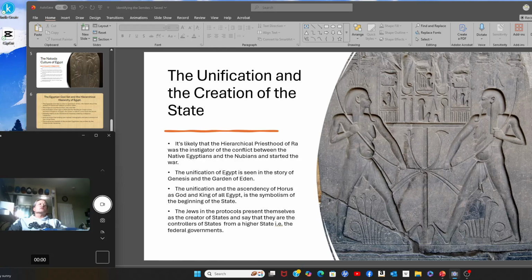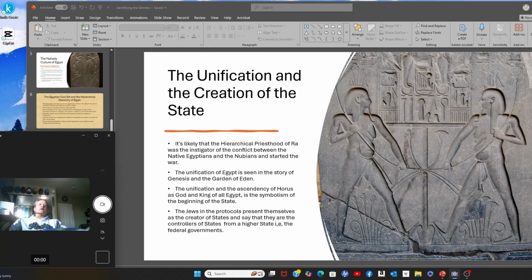The unification and the creation of the state. It's likely that the hierarchical priesthood of Ra was the instigator of the conflict between the native Egyptians and the Nubians and started the war. The unification of Egypt is seen in the story of Genesis and the Garden of Eden. In the unification and the ascendancy of Horus as God and King of all Egypt is the symbolism of the